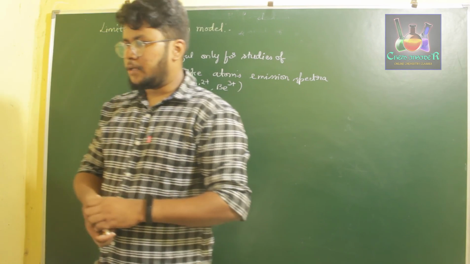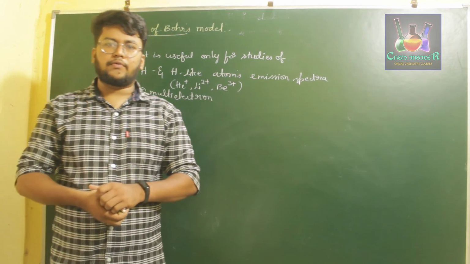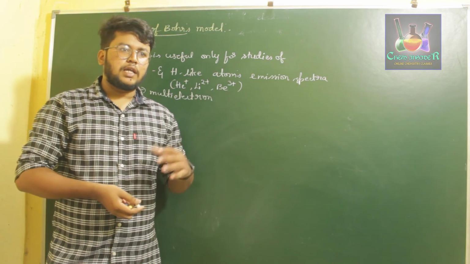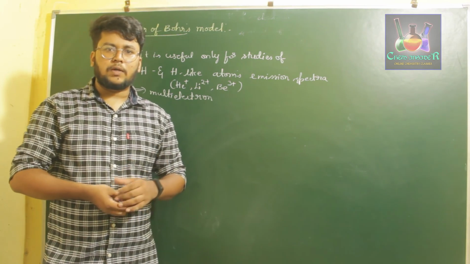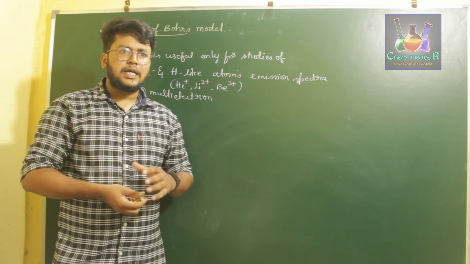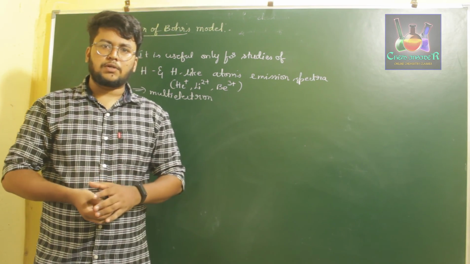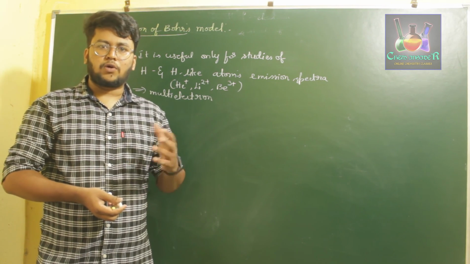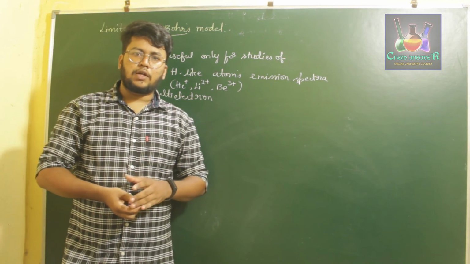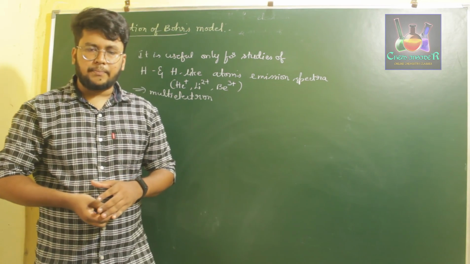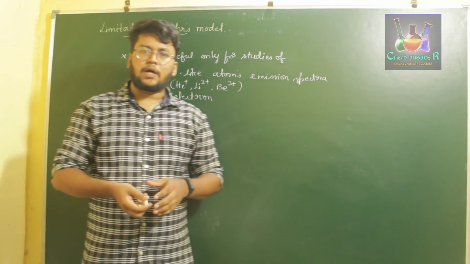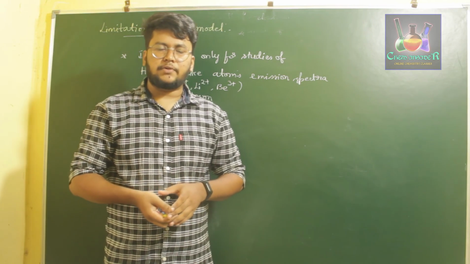These limitations led to a new model of the atom, a complete change in physics, that is from classical physics to quantum physics. Quantum physics explained each and every concept of the atom, its structure and how it gets converted to form a compound, etc. That model is called the quantum model of an atom, which we are going to discuss in the next video. I hope you have understood all these concepts which I explained today.